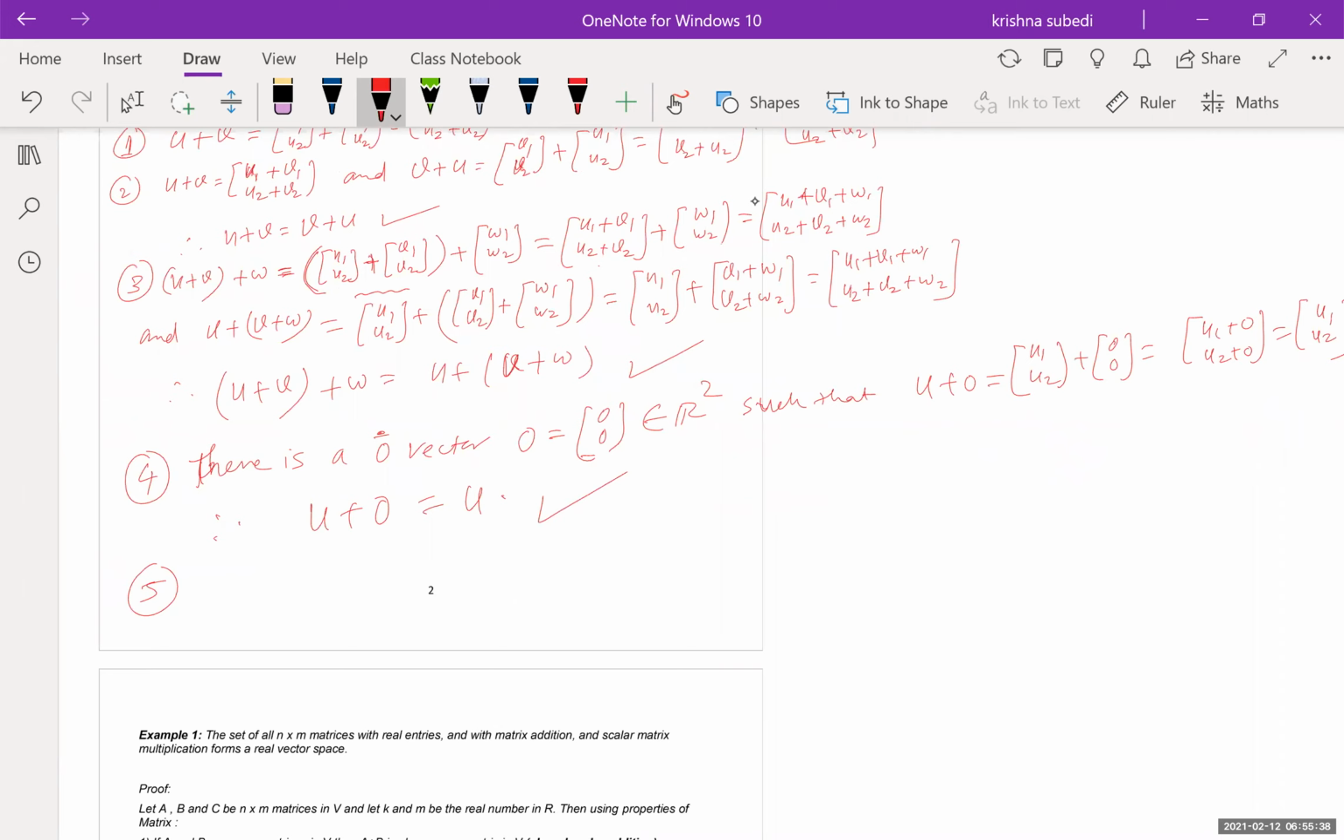And condition 5. For each u in, you know that we use this symbol for belongs to. So I think you already know that. When I write this way, what I'm saying is this sign reads as belongs to. So for each u belongs to R2,